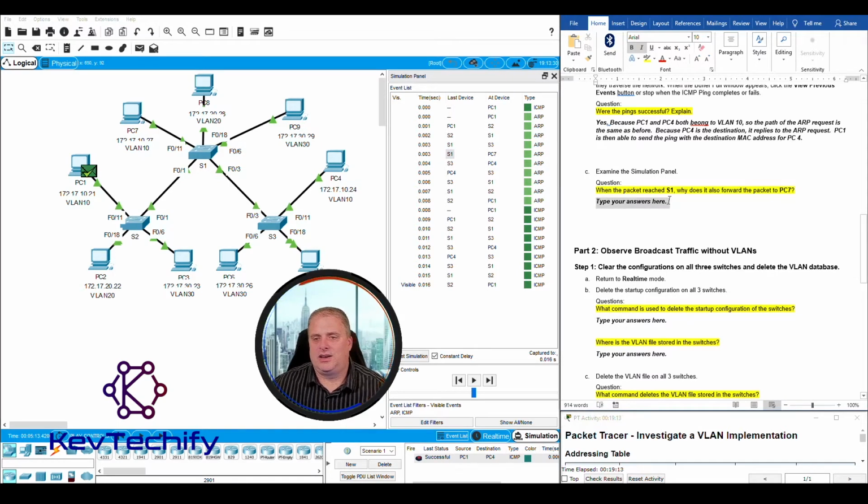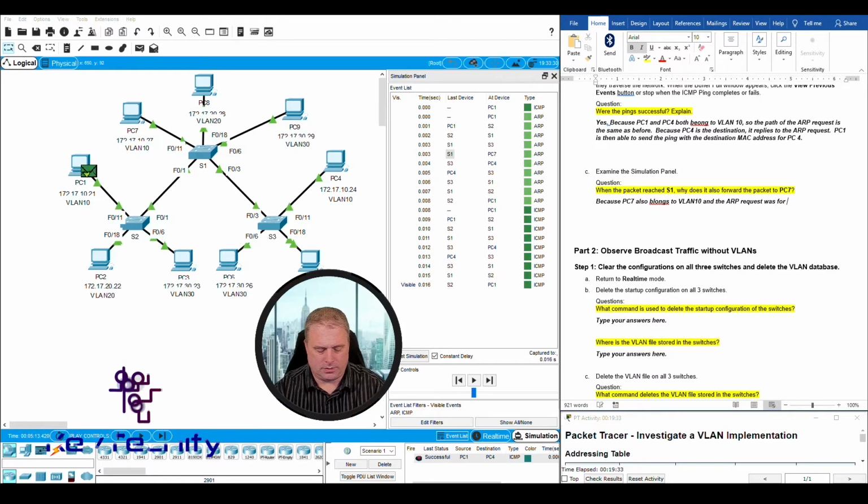And our answer here is because PC7 also belongs to VLAN 10, and the ARP request was for VLAN 10,